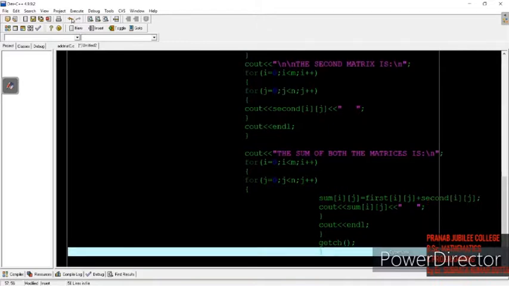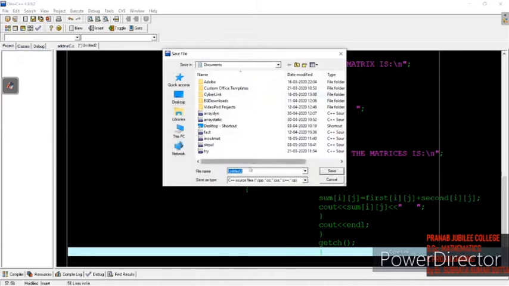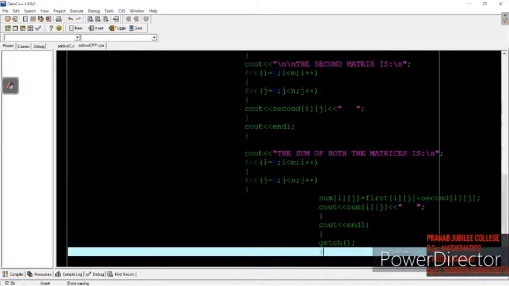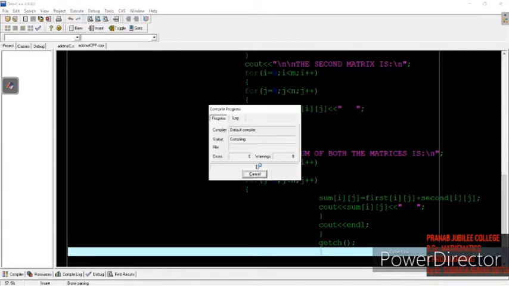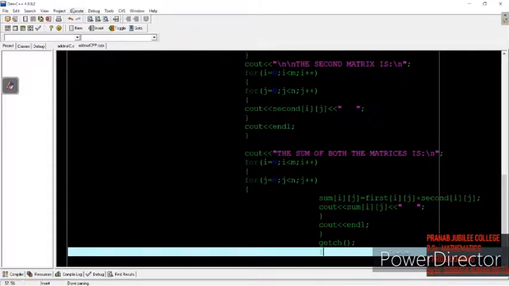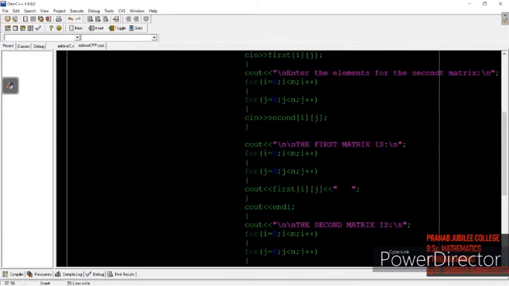Now let's save it and then see whether we have written it correctly or not. Add matrix dot cpp, C++, yes, let's execute, first compile. So no error, so we can proceed to run the program. Okay, some problem it is showing.